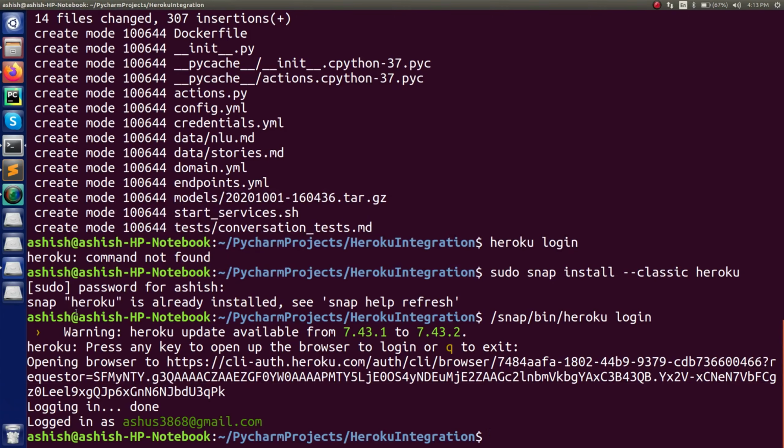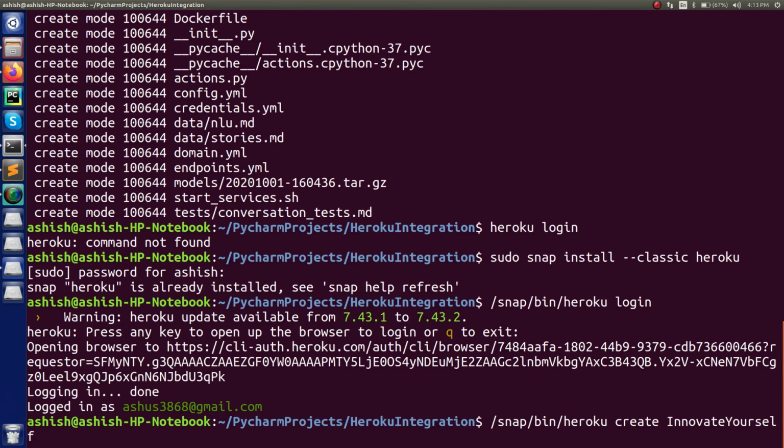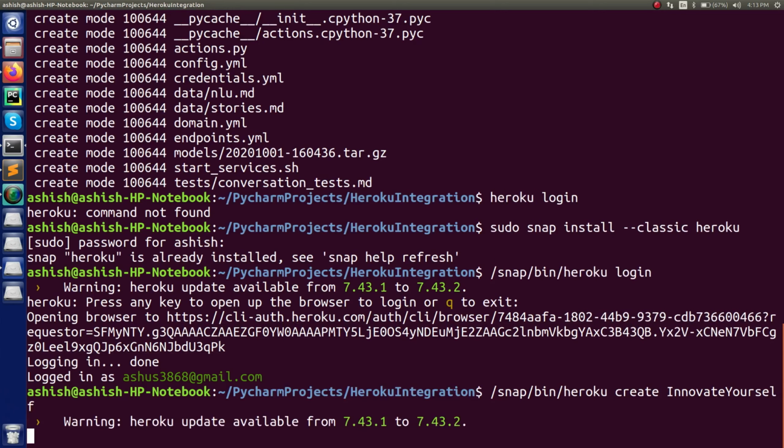And after that, just create a repository on your Heroku account. So for that, just type this command. This is the path for your Heroku create space name. Right now, as you can see, I have written the name as Ashish Seni. Let's do one thing. Let's write a different name, because I already have one repository with the same name, so it will not work in that case. So let's say innovate yourself. So this is the one which I am mentioning over here, right? So innovate yourself is the name for my repository. Now press enter.